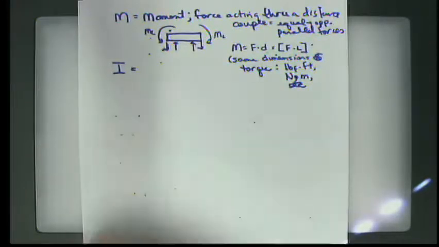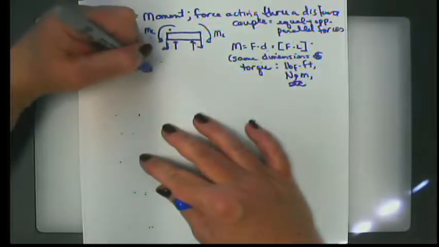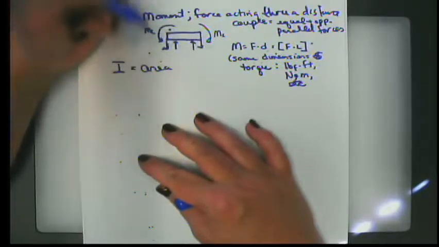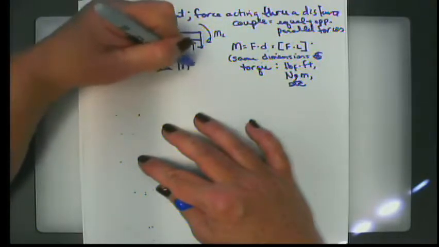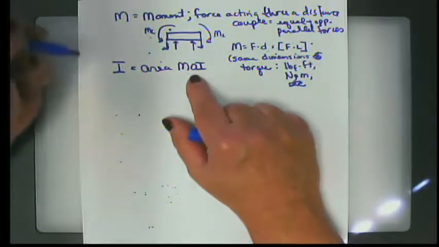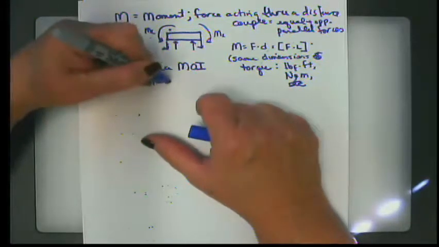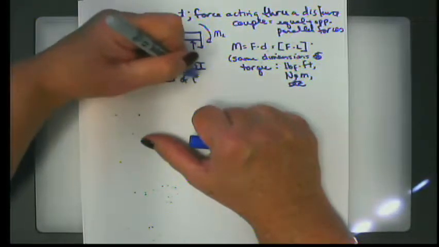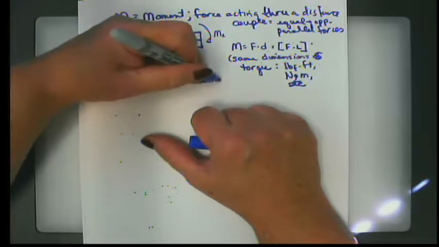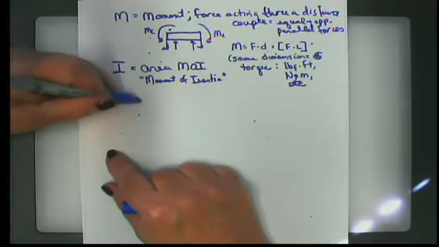All right. What is a moment of inertia? Well, there are two types of moments of inertia. One is referred to as a mass moment of inertia, and the other is an area or areal moment of inertia. I always just abbreviate MOI for moment of inertia, just because I get tired of writing it over and over again. I'll write it once more. And it is the rotational equivalent